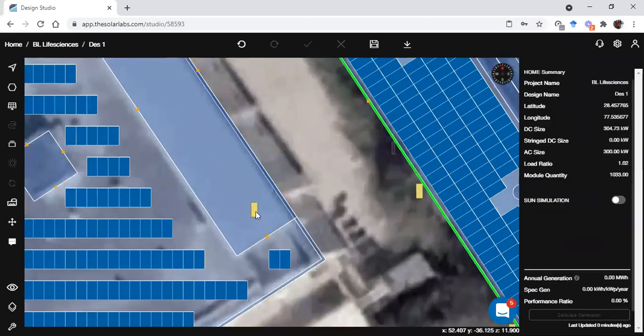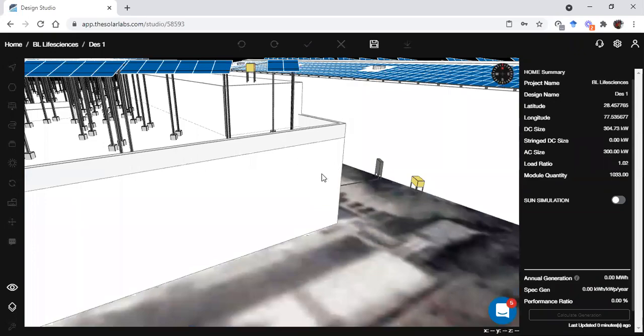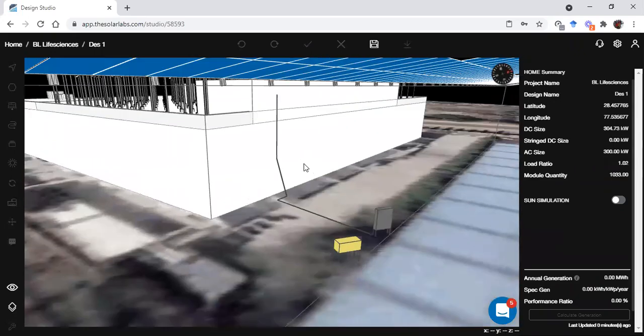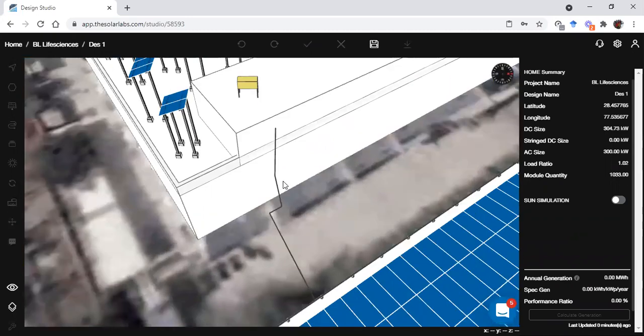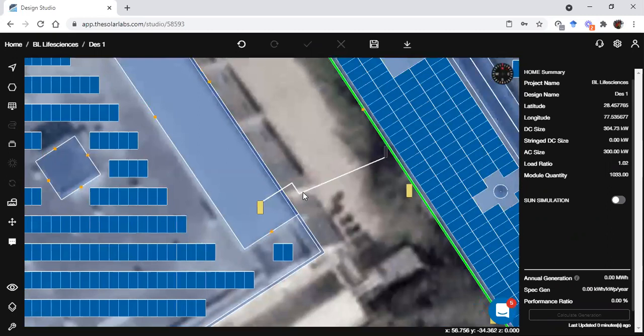Right. Okay. Now my inverter is placed on this mounting. Let's say I want to make an AC cable. Like this, you will have an AC cable. This is only for the visualization part.